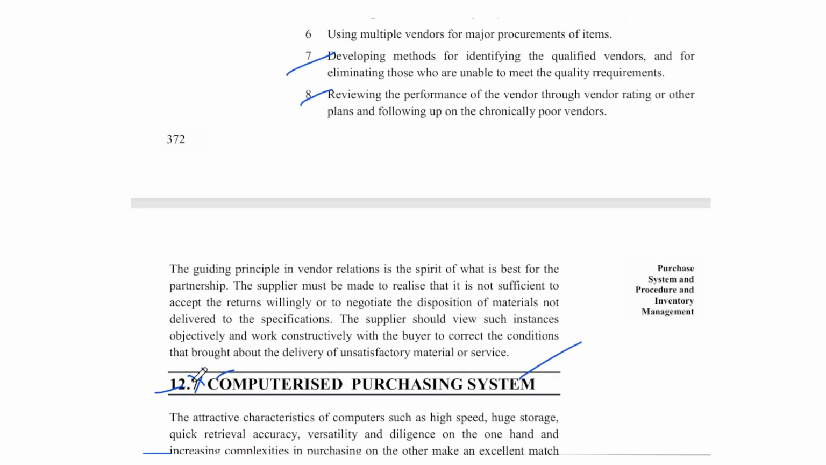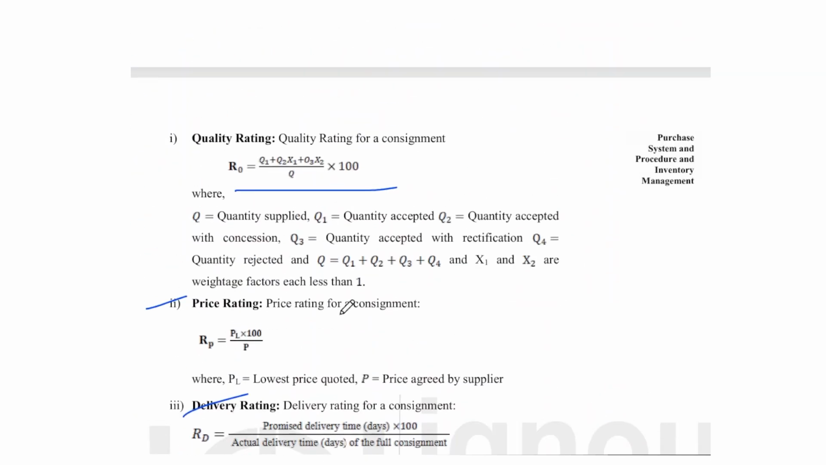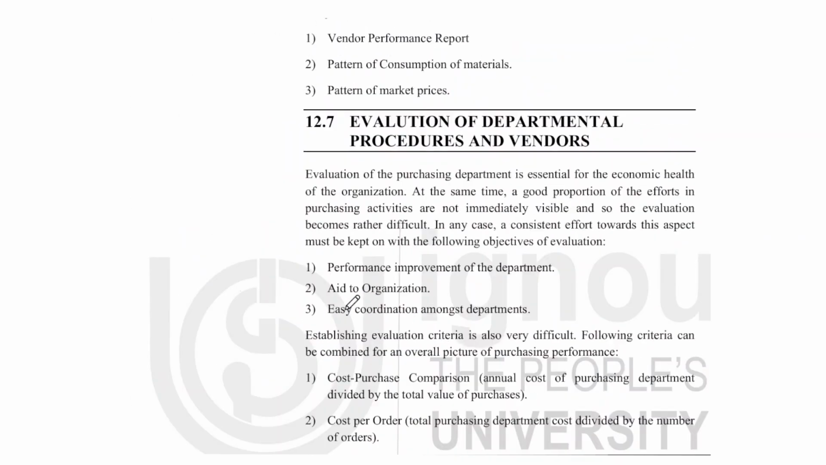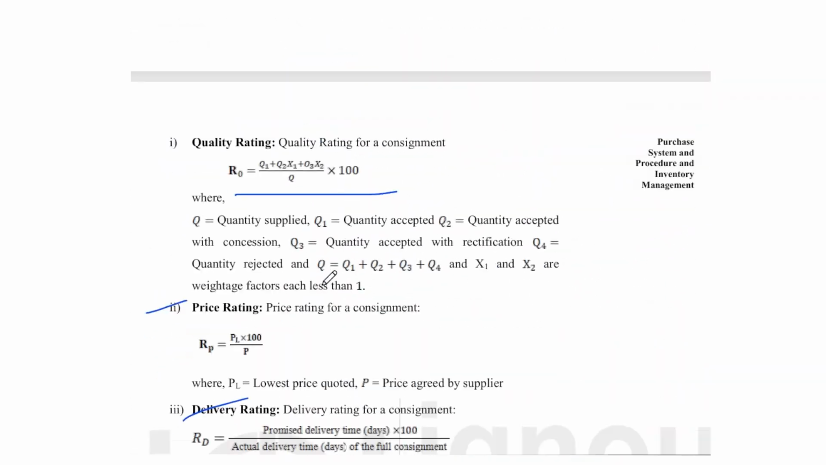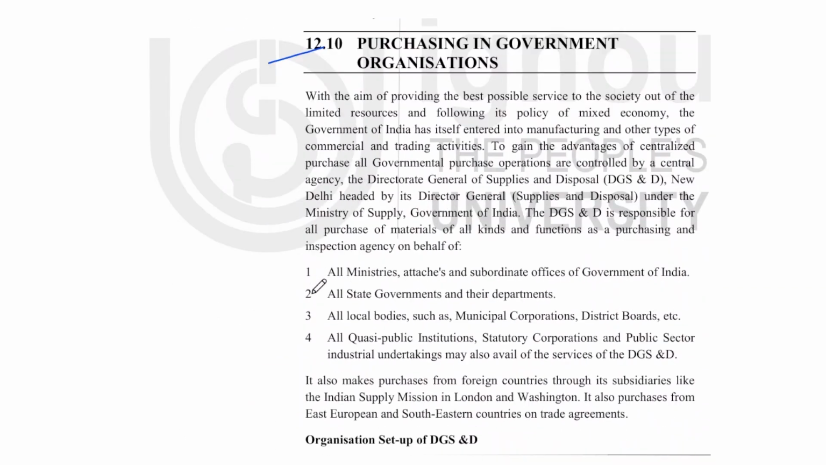So next is 12.10. One mistake here is we started from 12.8. Okay, subsections 12.8 and 12.9 are done, and now we're discussing 12.10, purchasing in government organizations. With the aim of providing the best possible service to society out of limited resources, and following its policy of mixed economy, the government of India has itself entered into manufacturing and other types of commercial and trading activities. To gain the advantage of centralized purchase, all government purchase operations are controlled by a central agency,